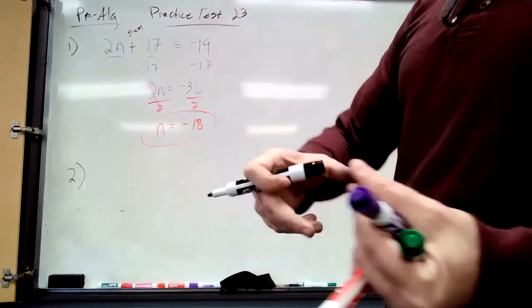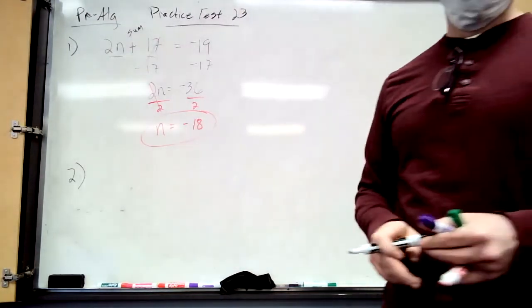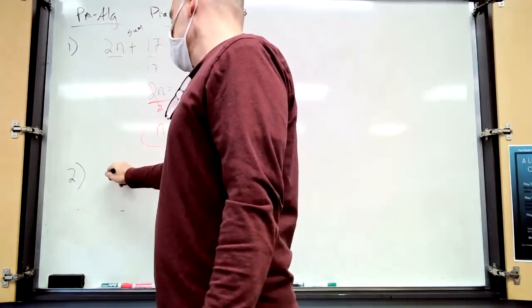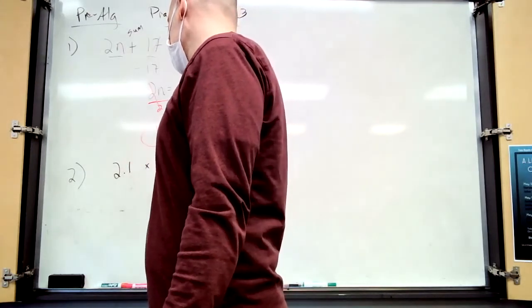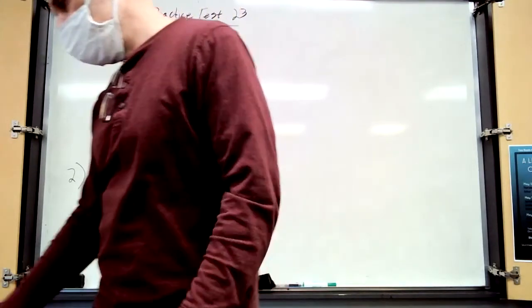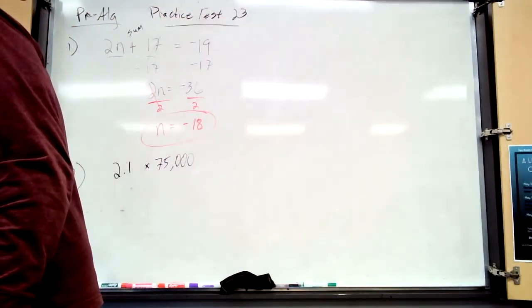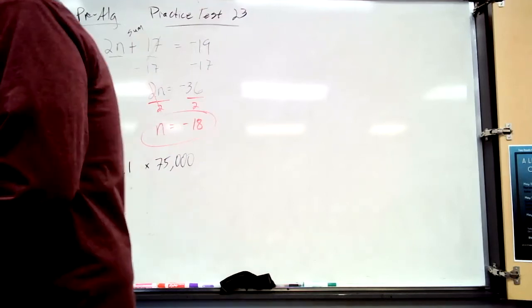If there were 75,000 bacteria yesterday, how many are there today? So 2.1 times 75,000, right? Okay, so I'm going to use my calculator. 2.1 times 75,000. And I get